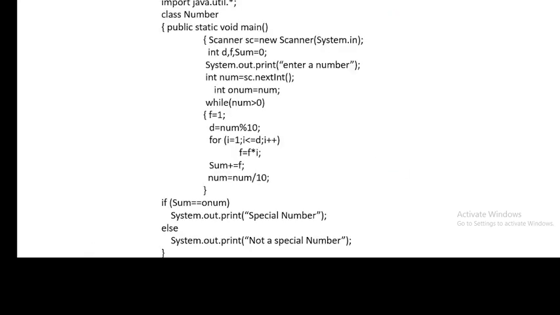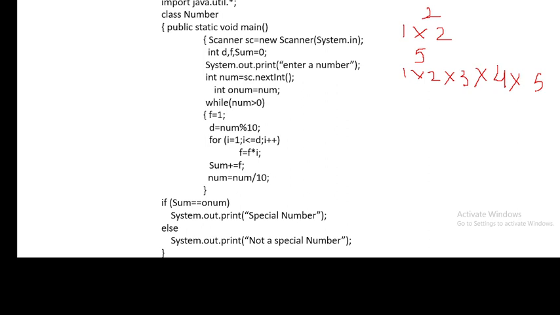Then one more number is there, special number. स्पेशल नंबर में क्या check करते हैं आप, factorials. That the sum of the factorial of its digits. Now if you remember how to get the factorial of any number, suppose I write 2, then the factorial of 2 is 1 multiplied by 2. If I want to get the factorial of 5, then it will be 1 multiplied by 2 multiplied by 3 multiplied by 4 and multiplied by 5.